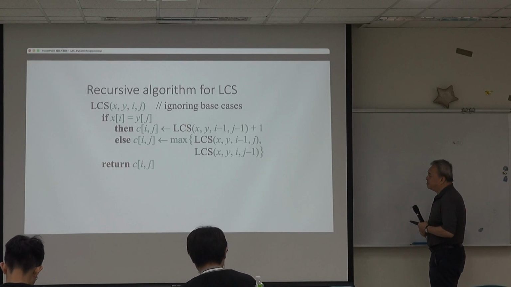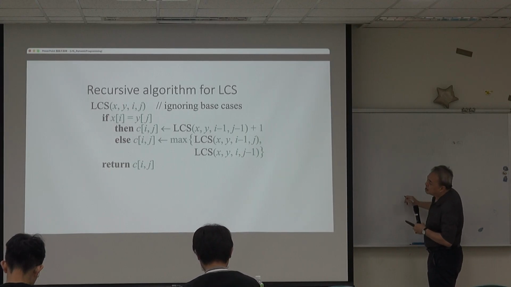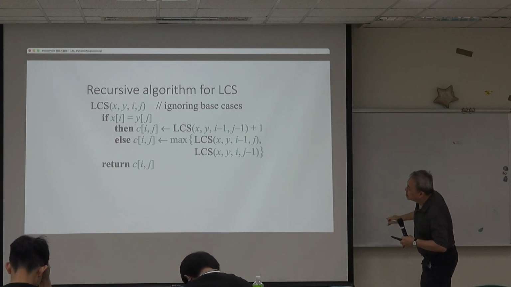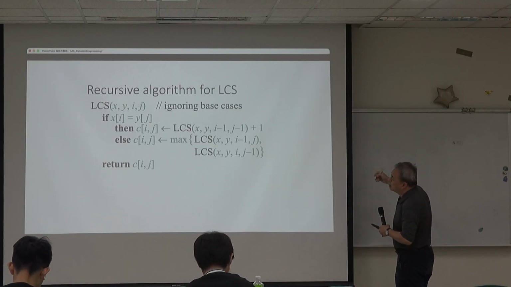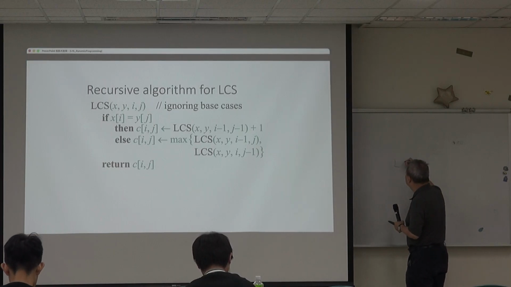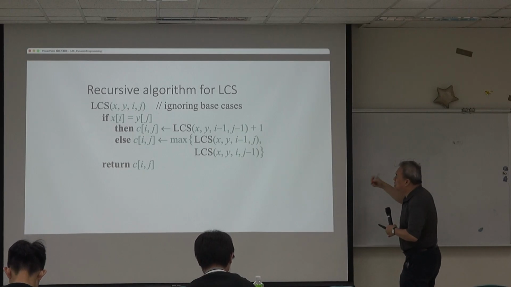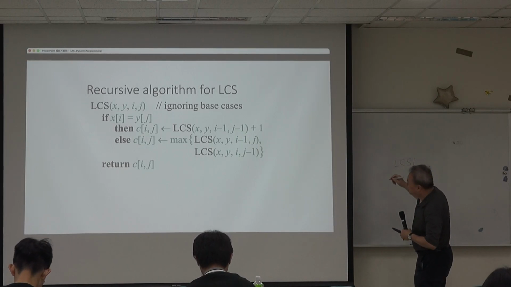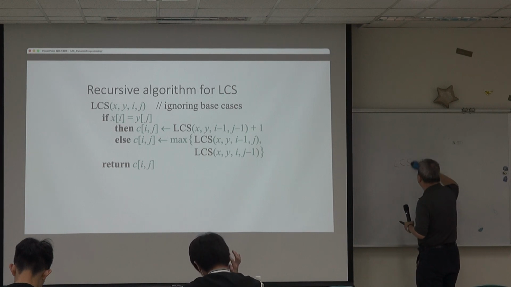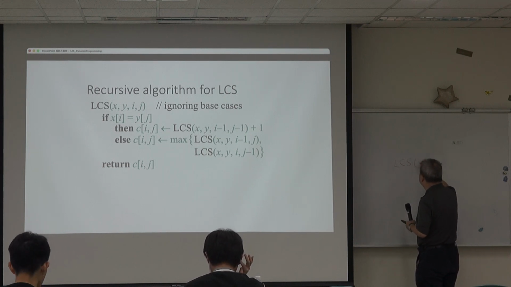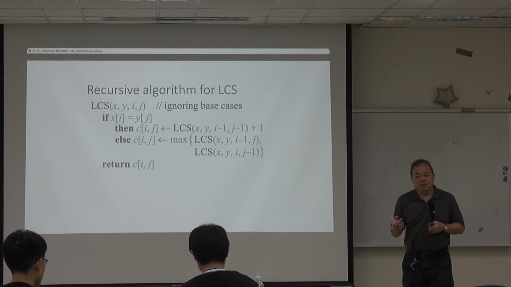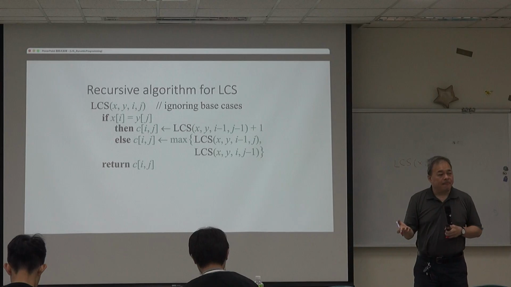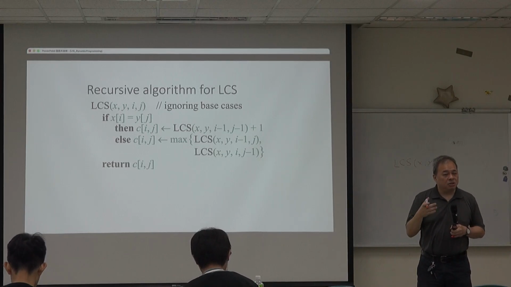X and Y are always there, but with i and j decreasing, eventually the base case becomes something like